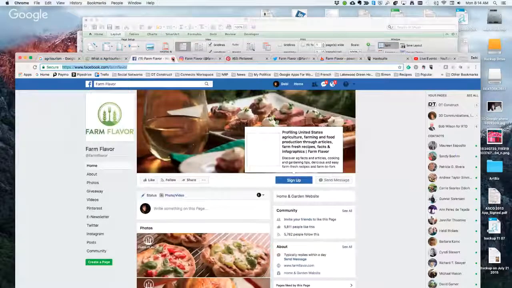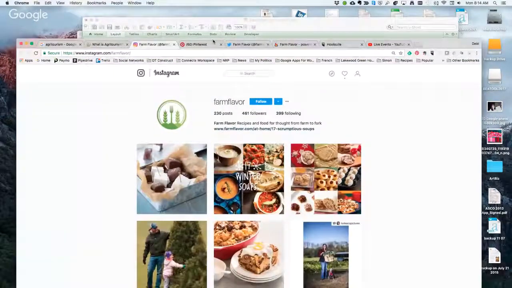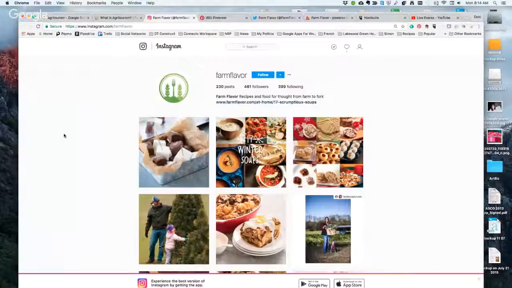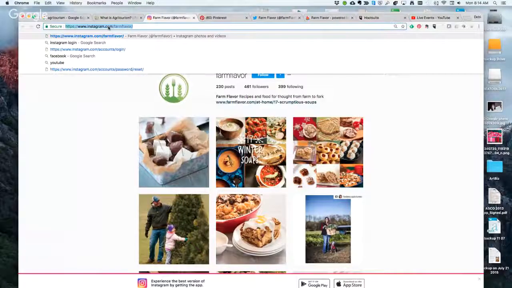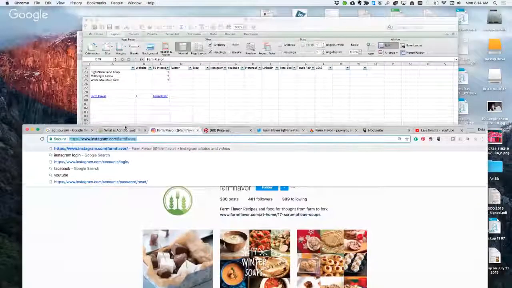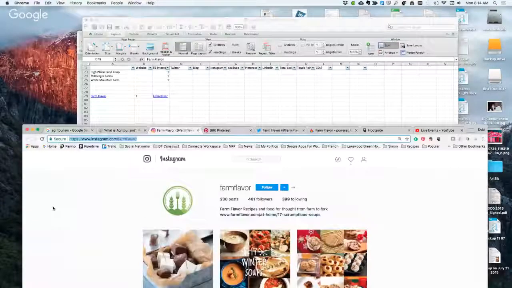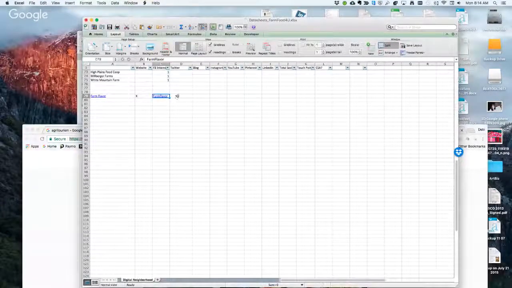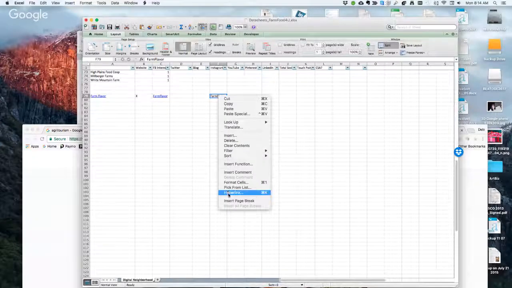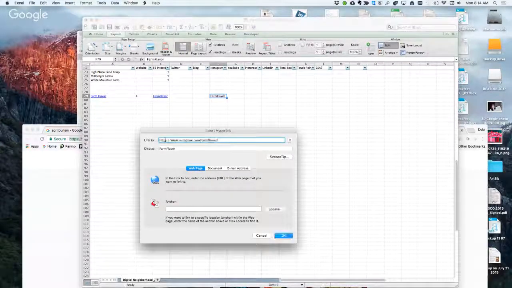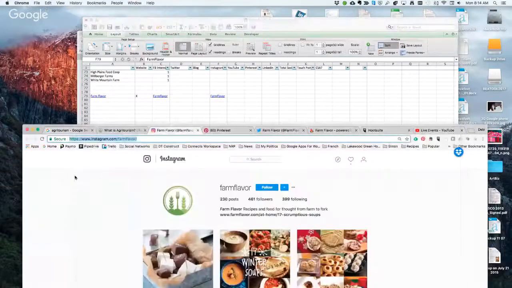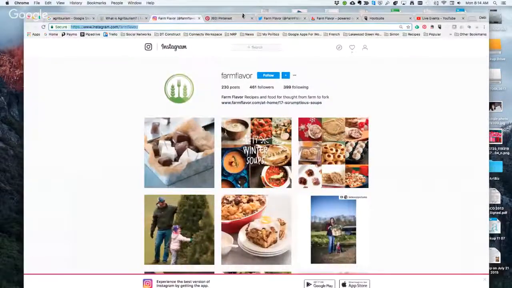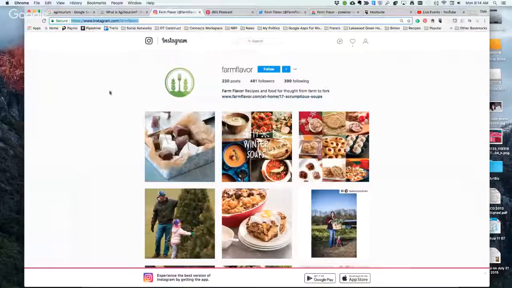All right, so I'm going to close that, although I'm tempted to look at that. Here's their Instagram, Farm Flavor. That's kind of cool. I do not have an Instagram for Farm Food for You, as far as I recall. Maybe I do. All right, so they are on Instagram. They are also Farm Flavor. That's nice that they're able to keep their name or their handle consistent across all of their channels. Not always possible. You might go and find that your name's already been taken, which is, for me, about 80% of the case.